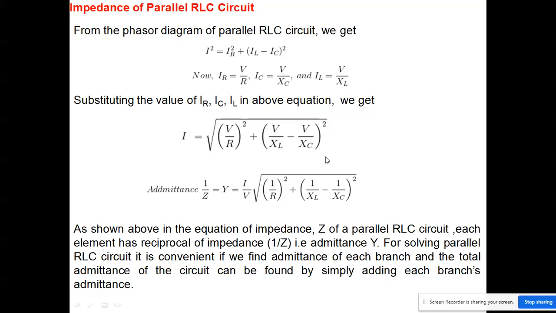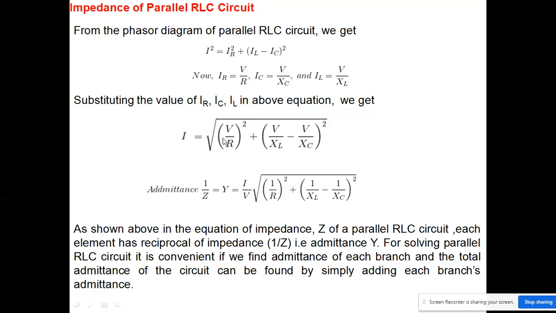Now we will see what will be the impedance in the parallel RCL circuit. You know our current is given by this, and we can see from our parallel RLC circuit that the current flowing through the resistance is given by V. V is constant everywhere, so it is V divided by the resistance. Here it is divided by the capacitive reactance, and it is divided by the inductive reactance here. So these are the currents. If I put these values here, I get this.